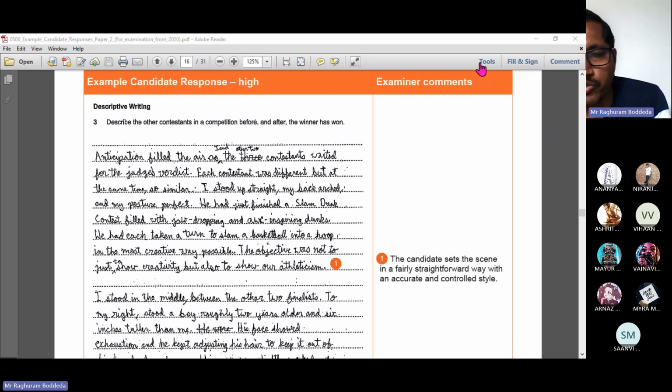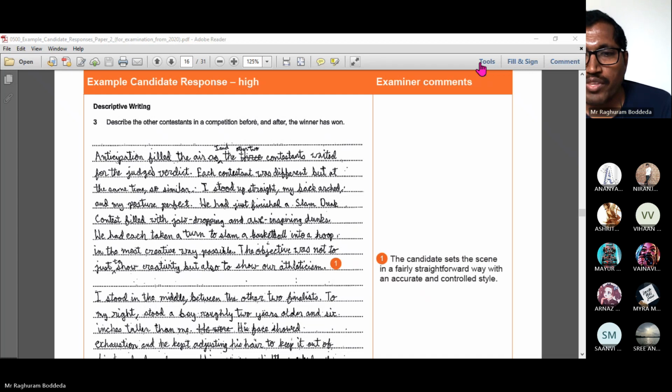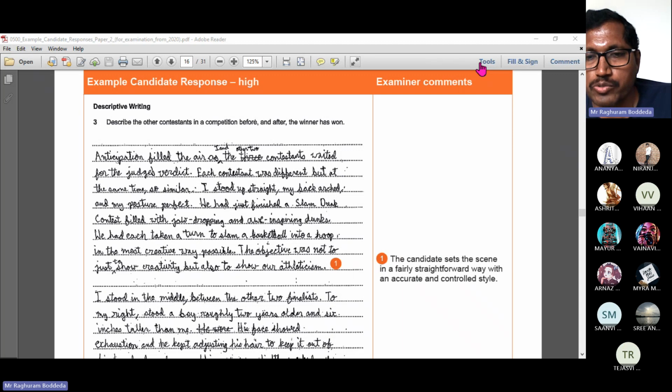So today I want to show you one actual student work. Can you see the screen which I'm projecting right now? Yes, sir. This is one of the students' works, submitted to Cambridge for assessment. The same thing I'm sharing with you. You can also access this document after the end of this class. I'm going to share it on Teams.